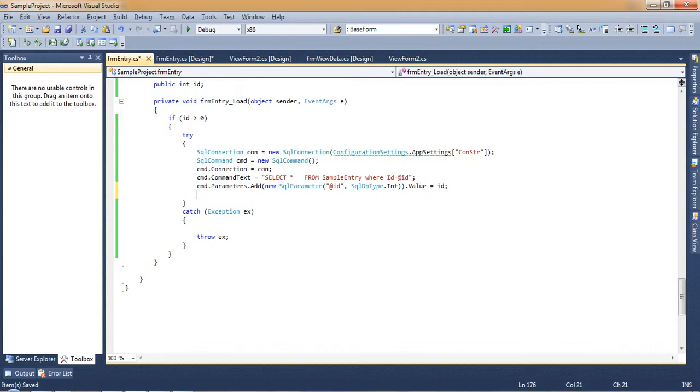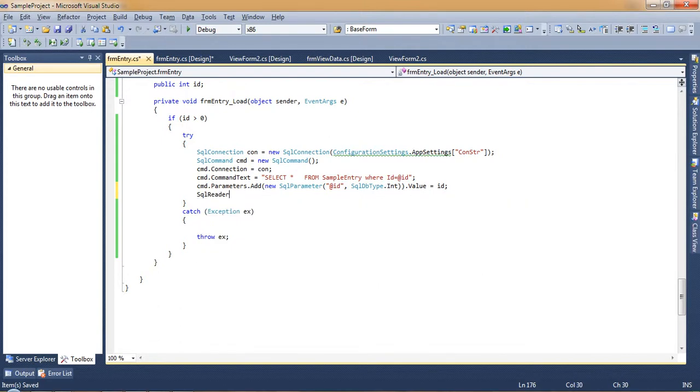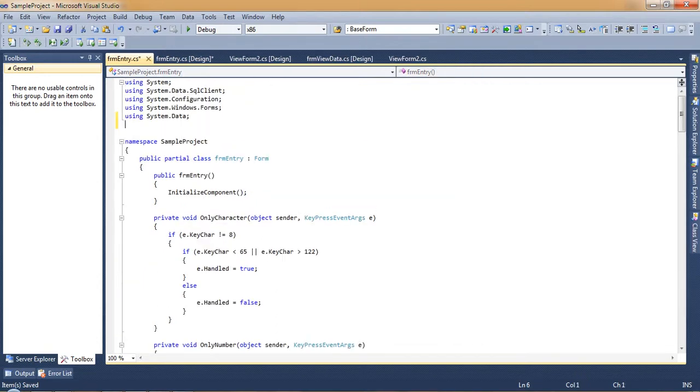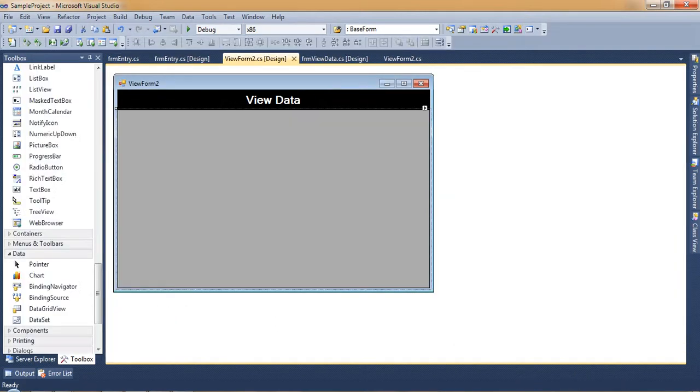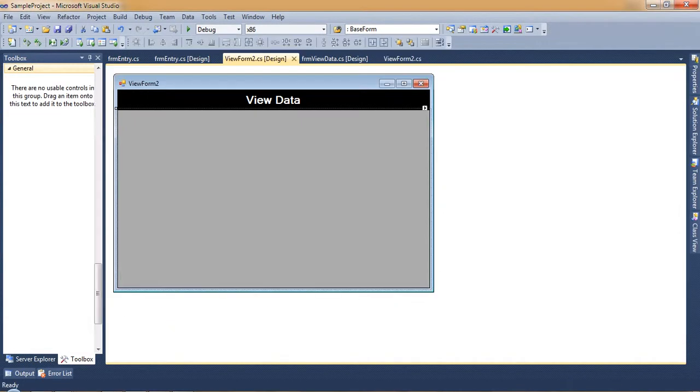Now we want a row, so for that we need to create a reader. SqlReader, it's not coming, so I need to check the names we are using. Yes, to read the data we need to use the SqlDataReader.